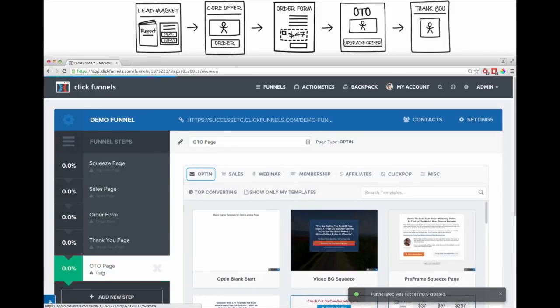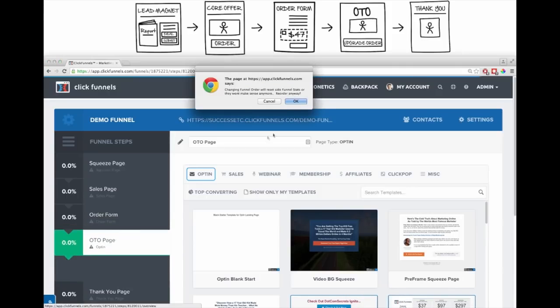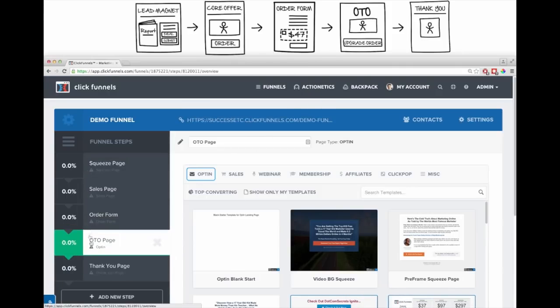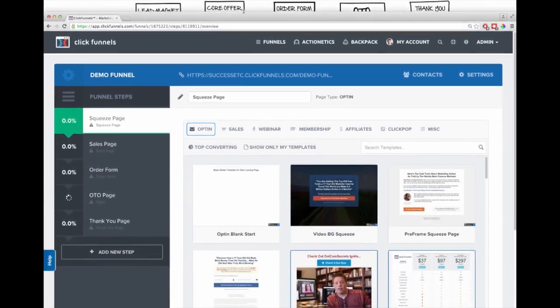Now, as you can see, this page is kind of out of order. So the cool thing is I can grab this, I can just drag and drop it to the right spot. And there you go. Now my sales funnel is in the correct order. Now I need to come back through and start editing each of these pages. So the first page is my squeeze page. So I click on that first, and then let me make this bigger now so you can see the whole